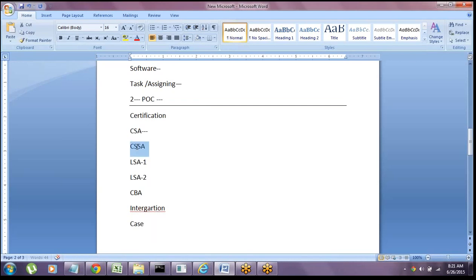When you move to real time, you can complete the CSSA certification, and when you have more experience on Pega, after working 3 or 4 years, the company will tell you, and at that time you have to do the certifications. So many levels will be there. In detail, I'll tell you in some other session. The basic certification we have to do right now is Certified System Architect. This is the basic level, and the next level is Certified Senior System Architect.